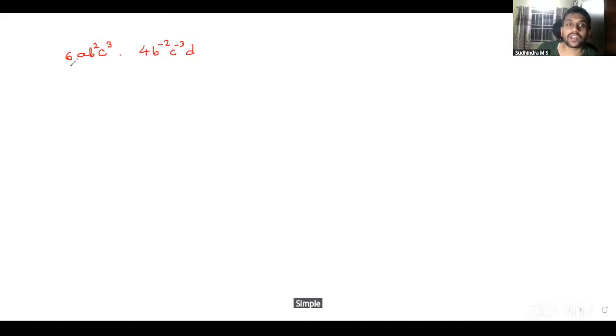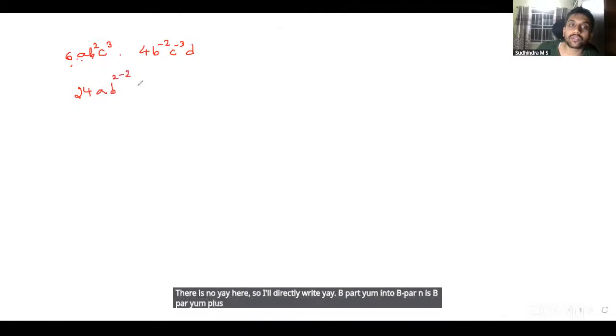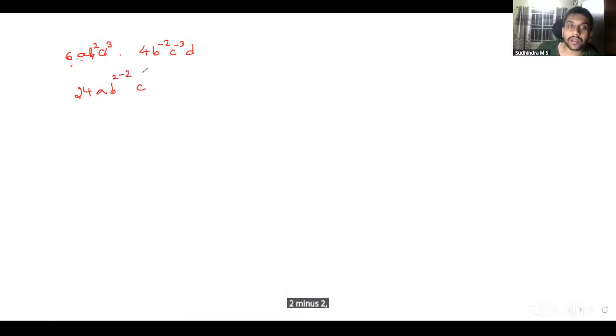This is straightforward. 6 into 4 is 24. a power m, there is no a here, so I'll directly write a. b power m into b power n is b power m plus n, 2 minus 2. c power m into c power n is c power m minus n, 3 minus 3, and d. 24, a, b to the power 2 minus 2 is 0, c to the power 3 minus 3 is 0,